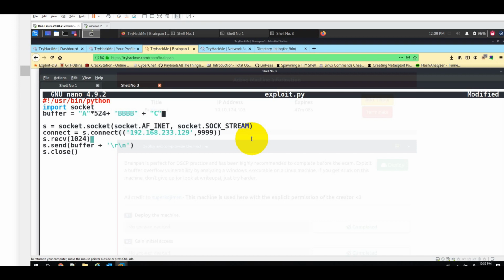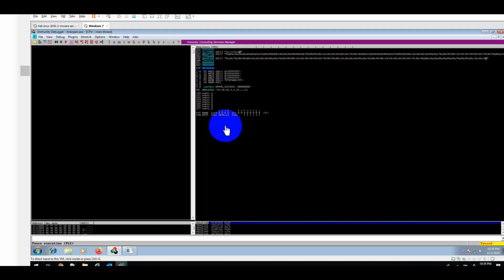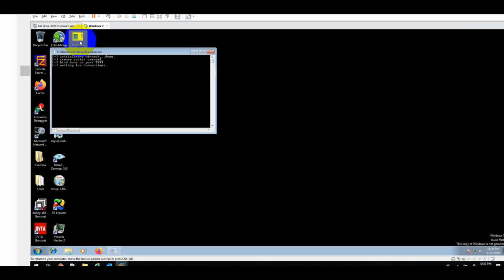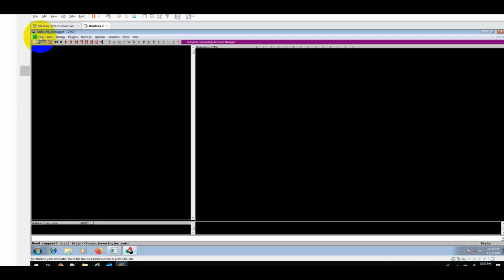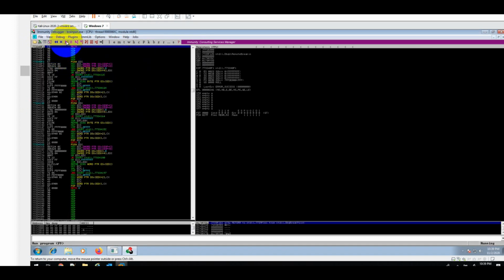And then we will put some C, or you can put any null or whatever you want, and after that, right? So now if I just go ahead and run the program, again you need to follow this habit of restarting Unity debugger and attaching the same program again and again while creating the exploit, because that's the only way to determine whether the crash is happening or where exactly it is happening, all those things.